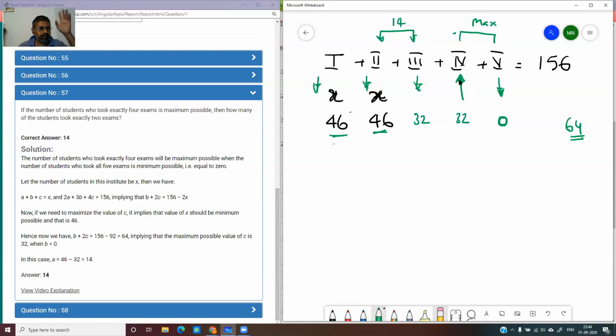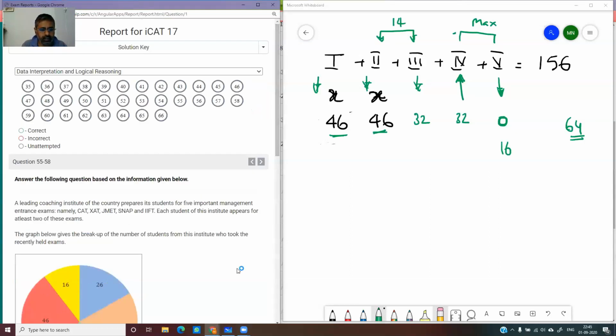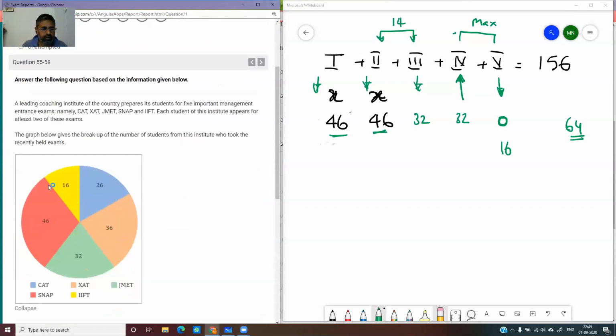See, there are 2, 3 conditions. There's 1 greater than 2 greater than 3 greater than 4, which is one condition. The second condition is A union B union C, where we get those values. And this also we get a value, isn't it? What is the maximum value possible for 5? The maximum possible here is always 16. You can't go beyond that, can you? 16 is the maximum value that you can get for this 60. So that also is a condition. Suppose you have to maximize 5, you have to plug in that 16 and then do it. Only then will you get the answer, right?